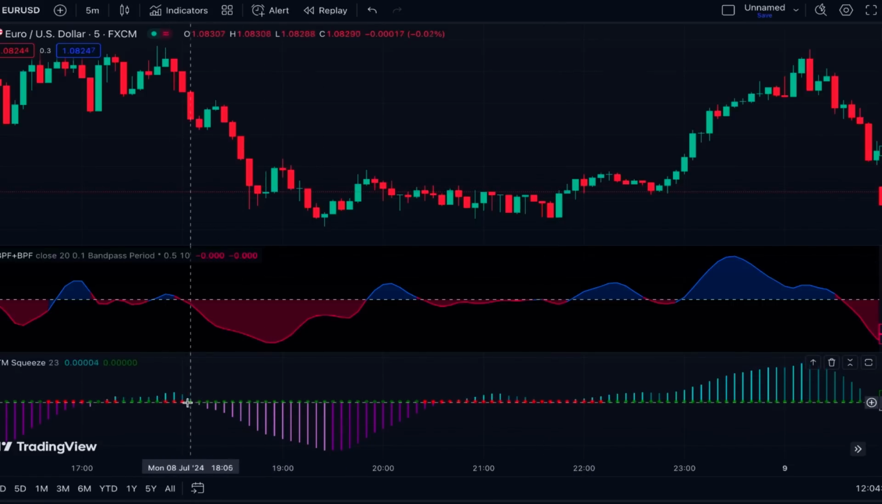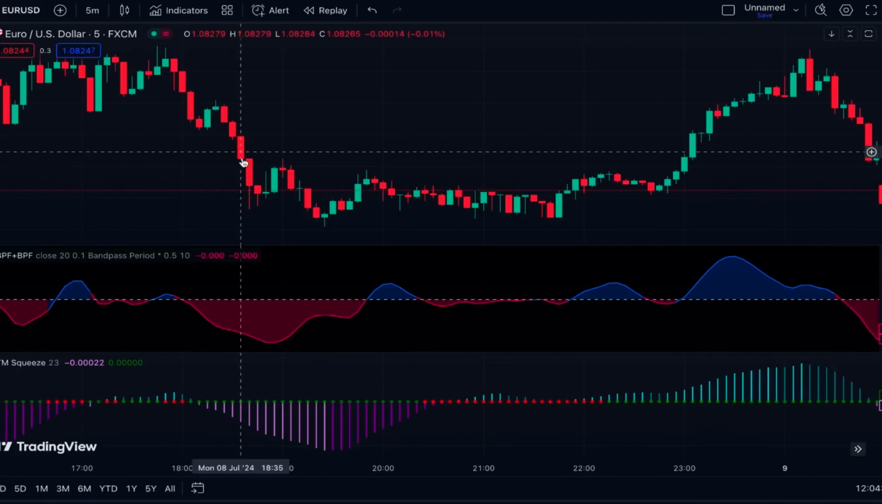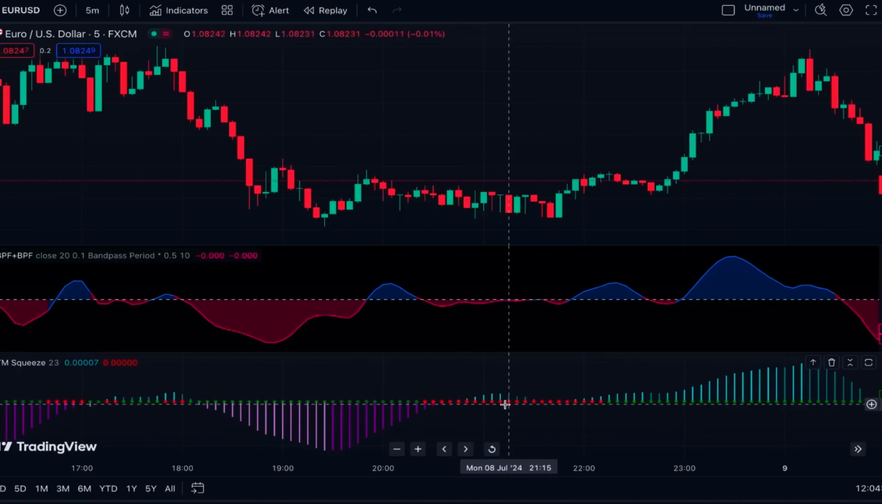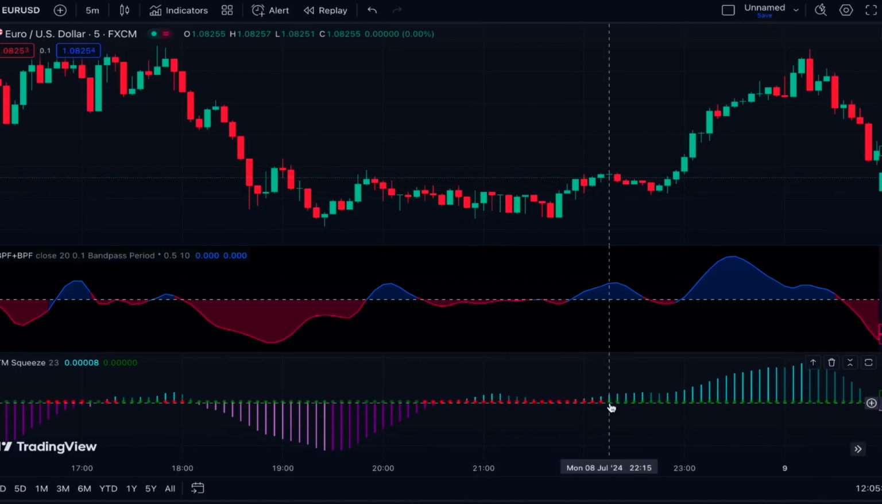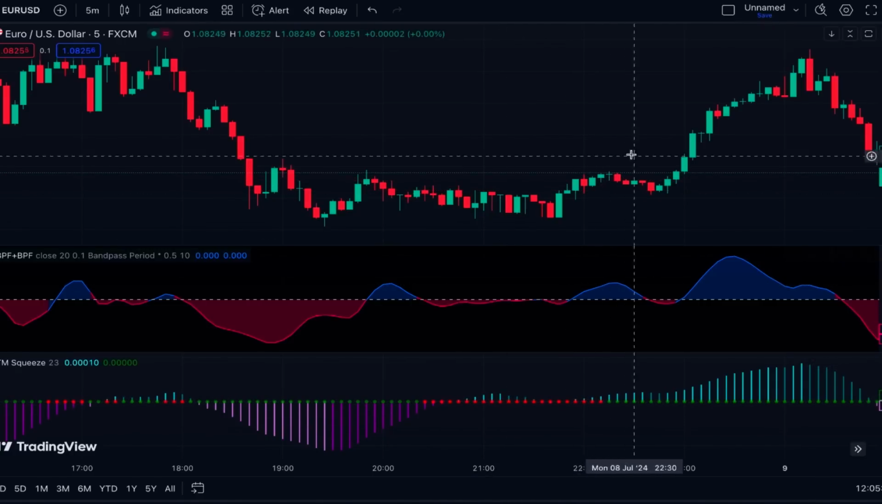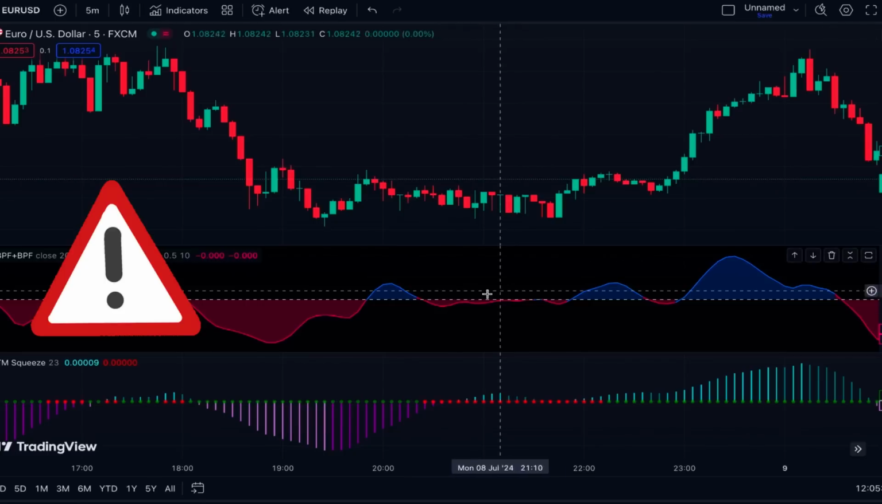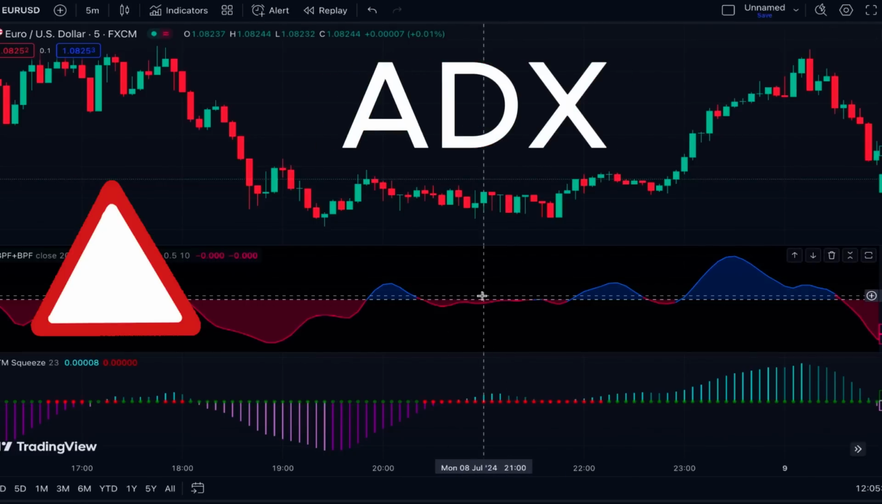For example, here after these red dots, here we got the first green dot, and here the indicator is red, and this is a sell signal. Or here after these red dots, we got the first green dot here, and this indicator is blue, and this is a buy signal. Please pay attention that with this setup, you need to add also ADX so you can